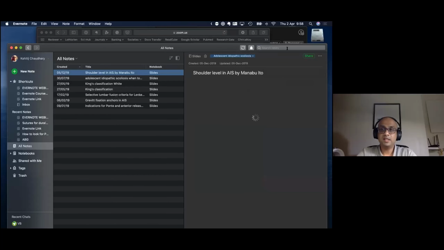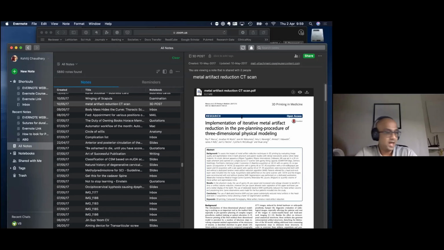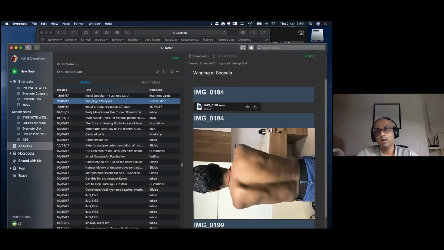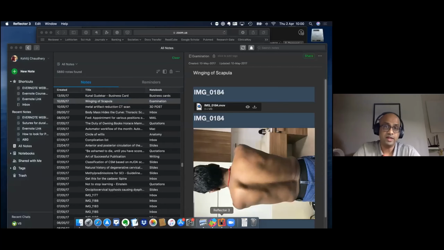So this search function is pretty powerful, and the beauty really of all this information is that it is available to you anywhere. For a premium account, you can use Evernote on multiple devices. On the free account, you can use it for only 2 devices.